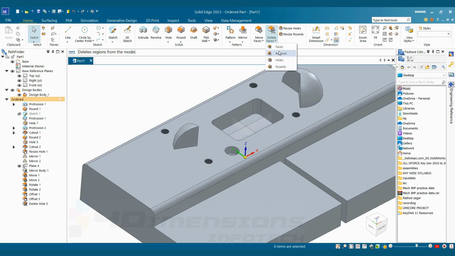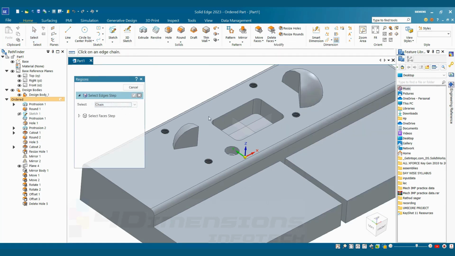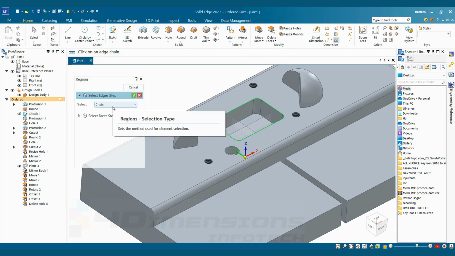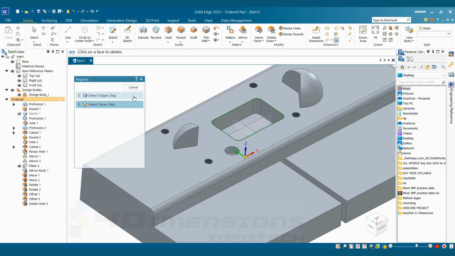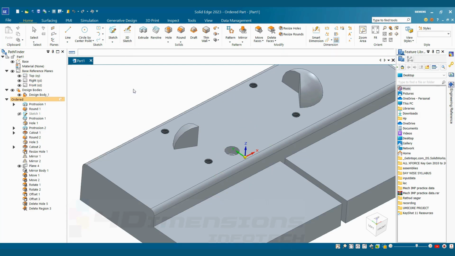Next option is delete regions. For delete regions, it is showing here to select the edges, and in chain manner. So I'm going to select this edge, the upper edge, and the complete chain has been selected. As the selection method was chain, that's why. So I'll say OK. Now we need to select the face of the region to be deleted. So I'll select this face and this complete region will be deleted. I'll say preview. You can see here this complete cutout or complete cut portion region has been deleted